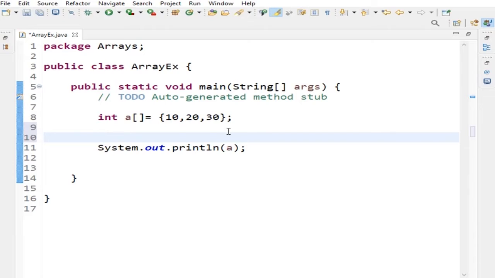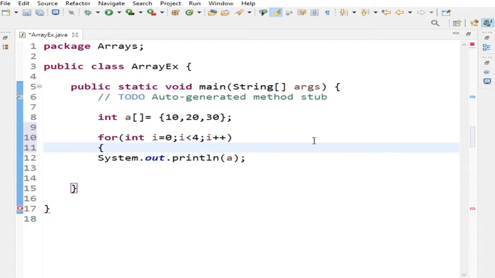To access the arrays we need a for loop. For int i, I told you the index starts from 0, so compulsorily the i value should start with 0, and i less than 3. Here, suppose 4, i plus plus.